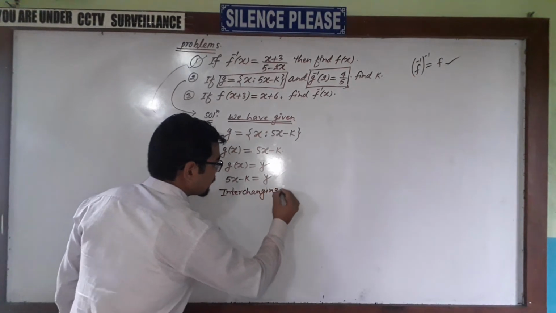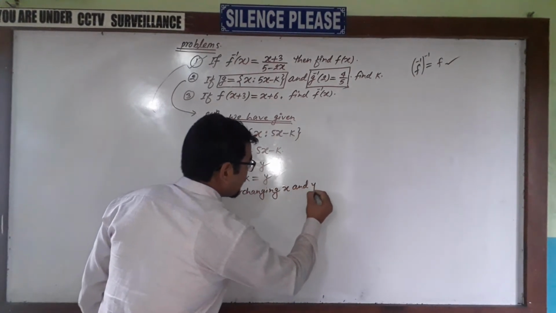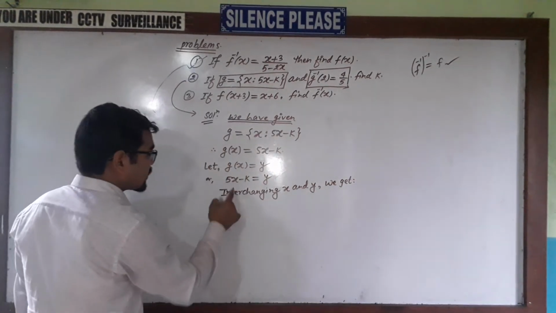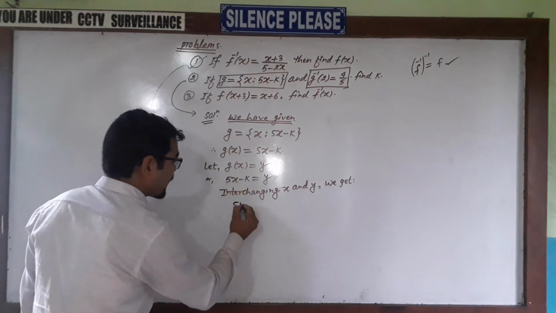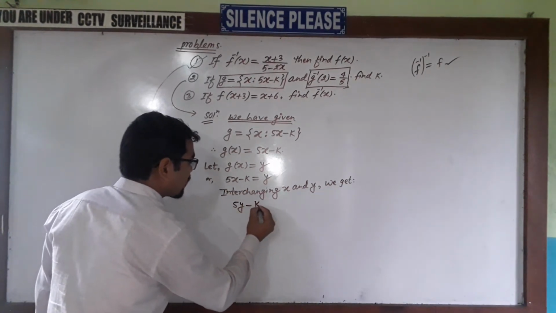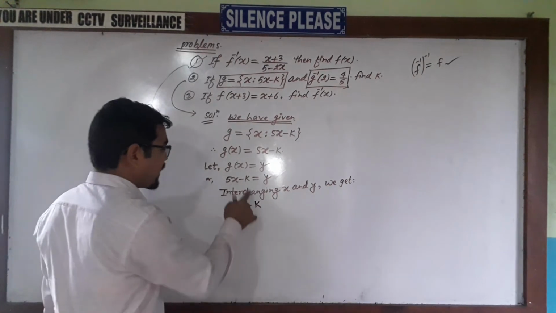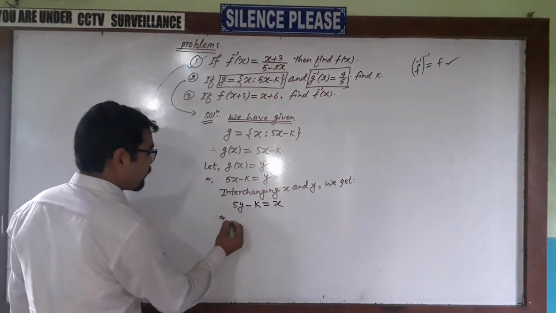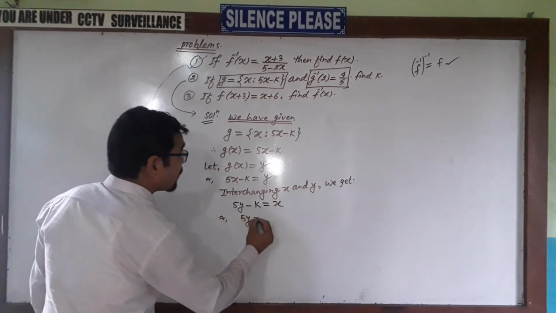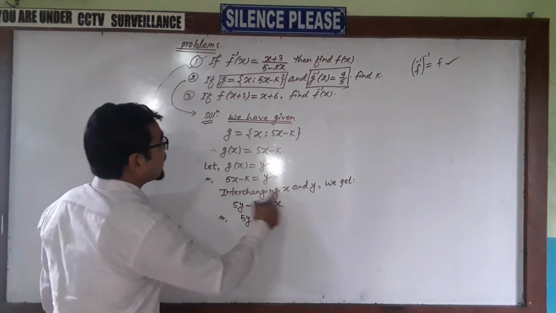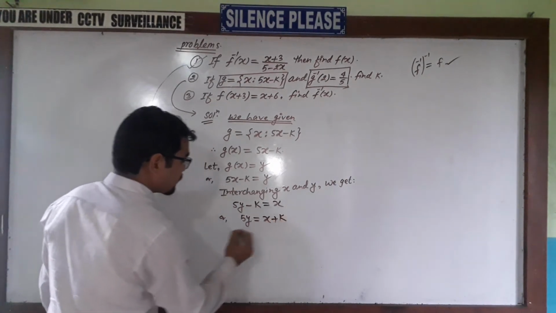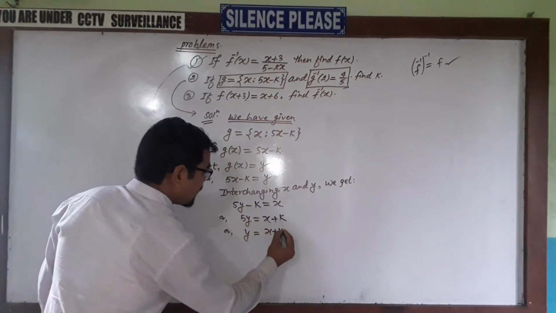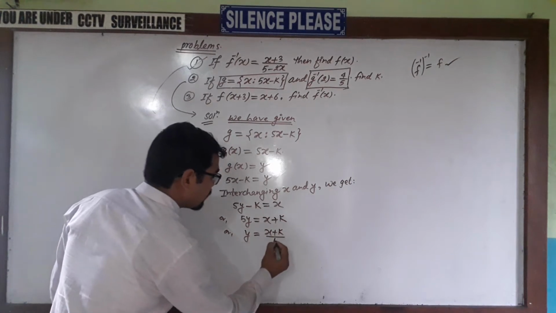Interchanging x and y, we get: here this x we have to write in terms of y, so in place of 5x we write 5y - k is equal to x, since we write y in terms of x. Here k is one constant number; we should not do anything, we keep it as it is. So from here we have to find the y value. 5y is already here, equal to x, and minus k goes to the other side as plus k. We can write, finally, the y value is (x + k)/5. 5 is multiplied, so it goes to divide.